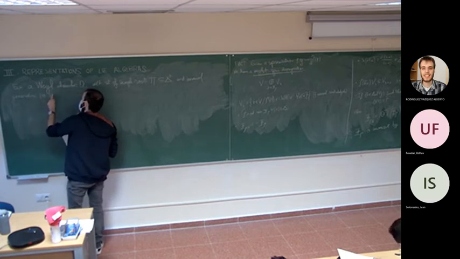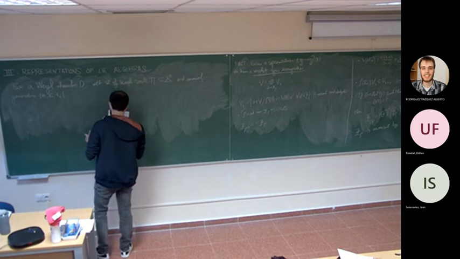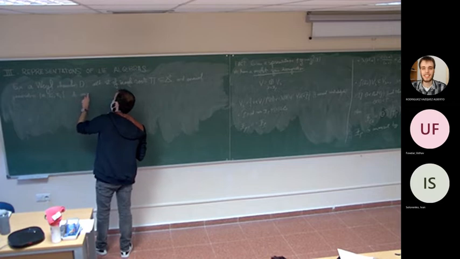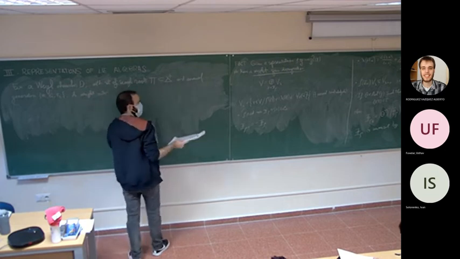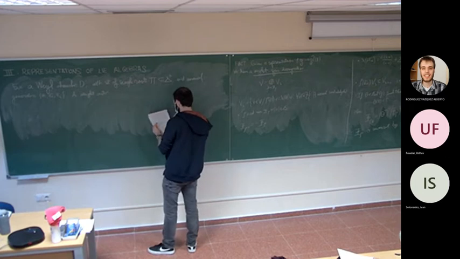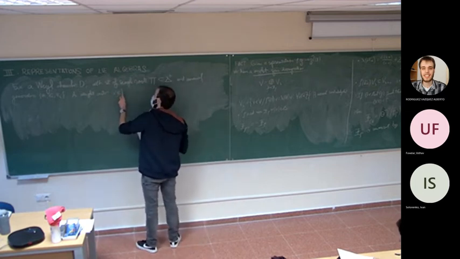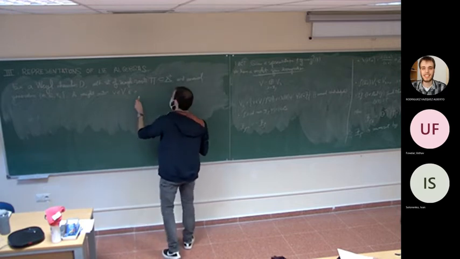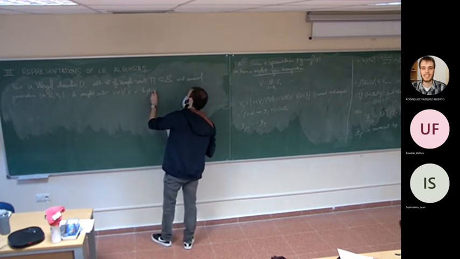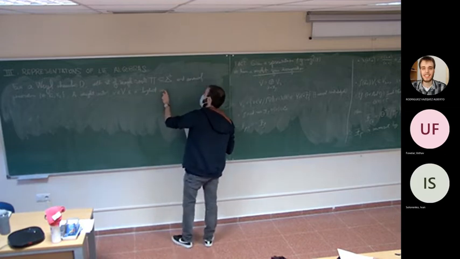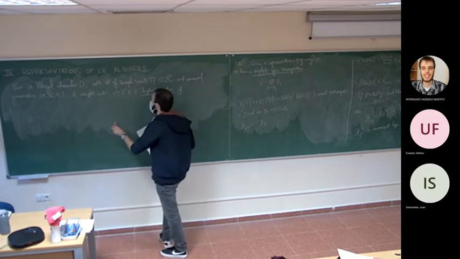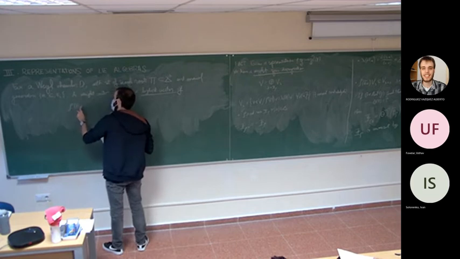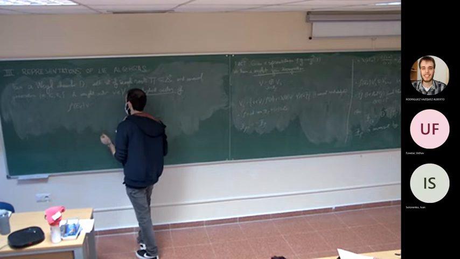HI, EI, and FI. So we will say that a weight vector that is one of these common eigenvectors, an element of V lambda, a weight vector V is a highest vector if the elements E alpha send V to 0